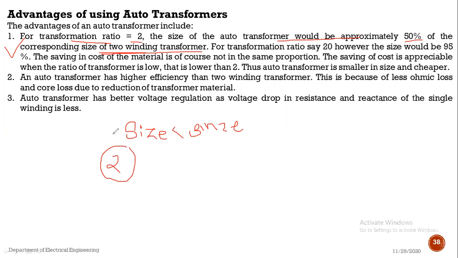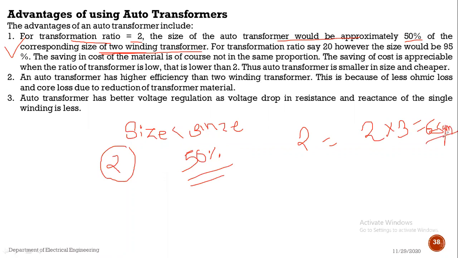Suppose the two winding transformer has a size of 2/3, say 6 square meter or square feet. If we want to construct an auto transformer of the same kVA rating having double this size,